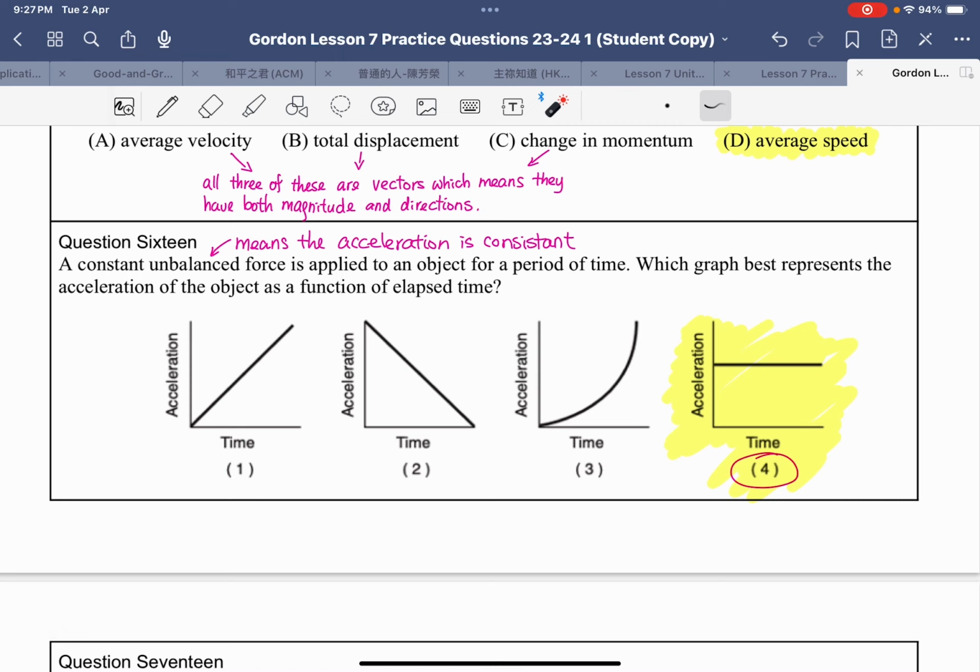Question 16. Constant unbalanced forces mean that you have a constant acceleration being applied to an object for a period of time. Which graph will best represent that acceleration? Well, this is acceleration, this is time, but because it's a constant unbalanced force, the acceleration wouldn't be increasing, because for the rate of acceleration to increase, the forces would be